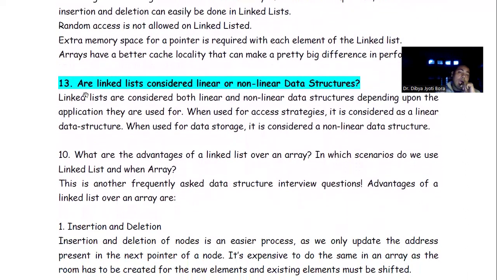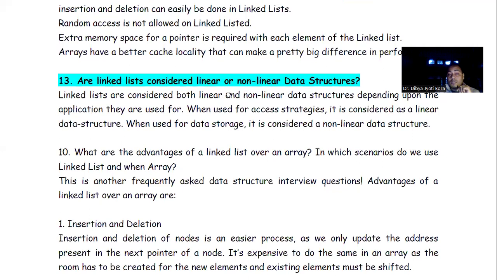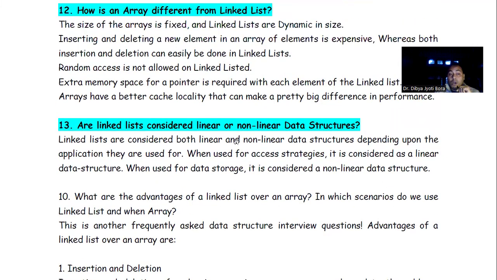Next question. Is a linked list considered a linear or non-linear data structure? Obviously, first I told you this is a kind of linear data structure. But sometimes the answer may be that it may be considered linear or non-linear depending on the type of application it is being used for.